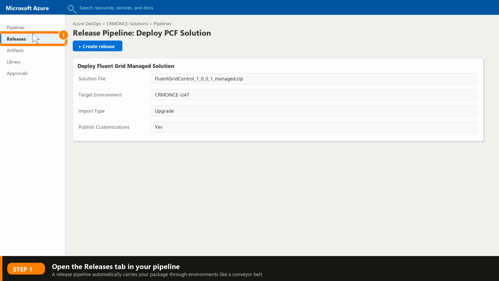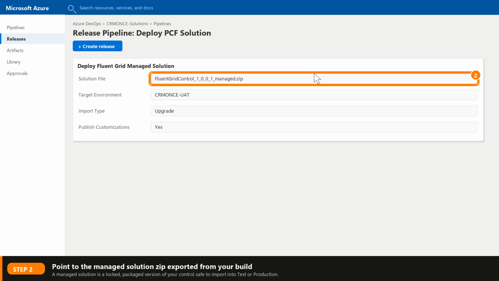Think of a release pipeline like a conveyor belt. Your solution package gets built once, then automatically carried through development, then test, then production, without anyone manually importing zip files by hand each time. In this release definition, I'm pointing the pipeline at our build artifact, this managed solution file, FluentGridControl_1_0_0_1_managed.zip.